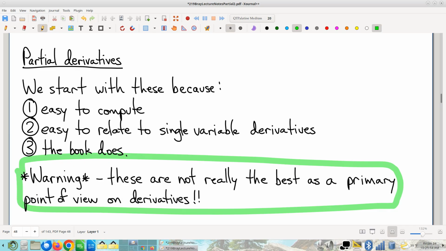Now don't get me wrong. Partial derivatives are important. They're computationally essential. Yeah, sure. Right, absolutely. But in terms of understanding multivariable derivatives and how you should think about them and the intuition that you know, 50 years from now when you're thinking back on multivariable calculus, I hope partial derivatives are not what you remember. I hope that what you remember is